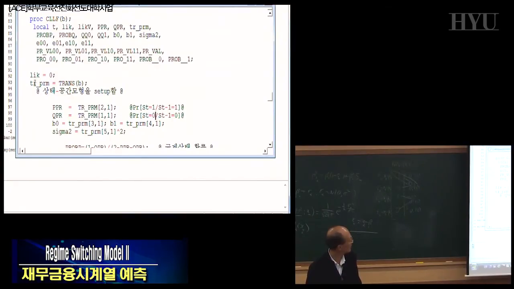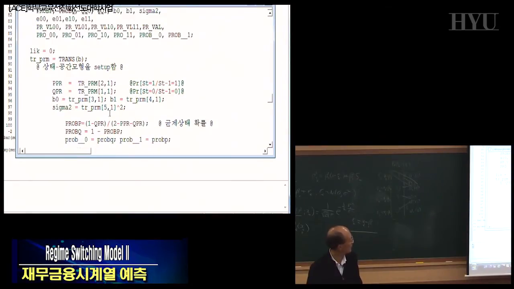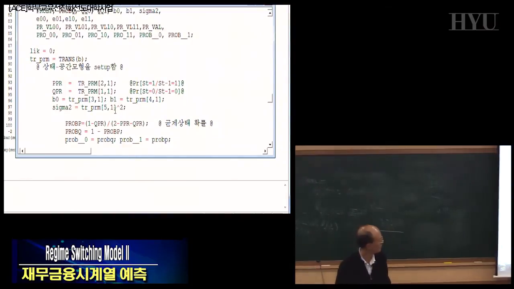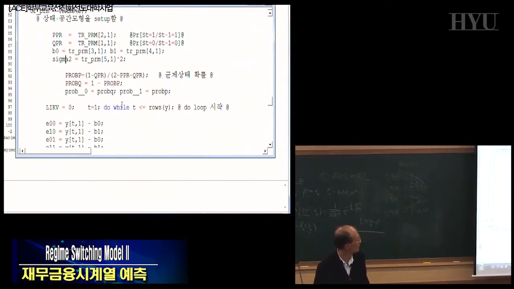When I receive the second number from here, I call it PPR, which corresponds to this one. Okay? And third, fourth, fifth: beta 0, beta 1, and sigma squared, by squaring this one. Okay. This is the probability